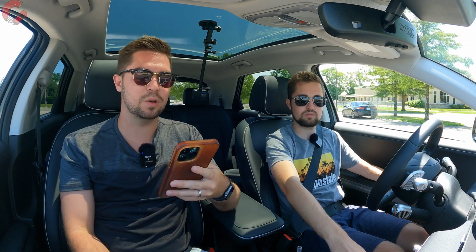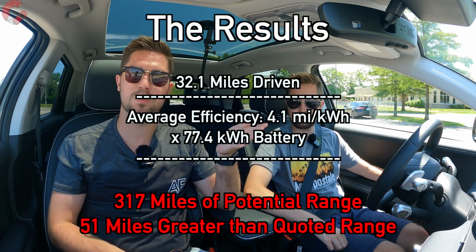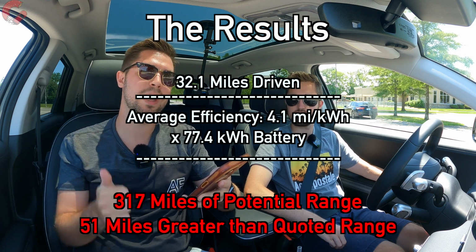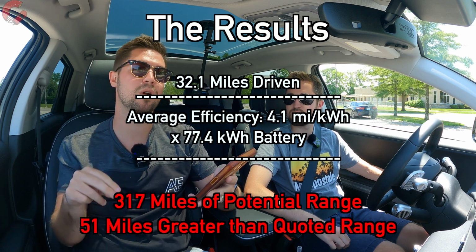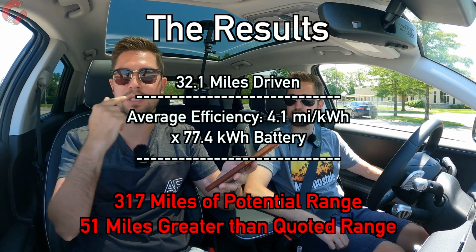Now, there are a few pertinent pieces of information here I want to talk about when it comes to how we're going to calculate the range on our test and how much that would get you in the real world. The most important one would be the miles per kilowatt hour. We averaged 4.1 miles per kilowatt hour across our 32.9 mile drive, with all those different sections as we talked about earlier. And that means, since we have a 77.4 kilowatt hour battery pack, if we multiply that by 4.1 miles, we have a theoretical projected range of 317 miles if we sat here and did that loop all day long on 100% state of battery,